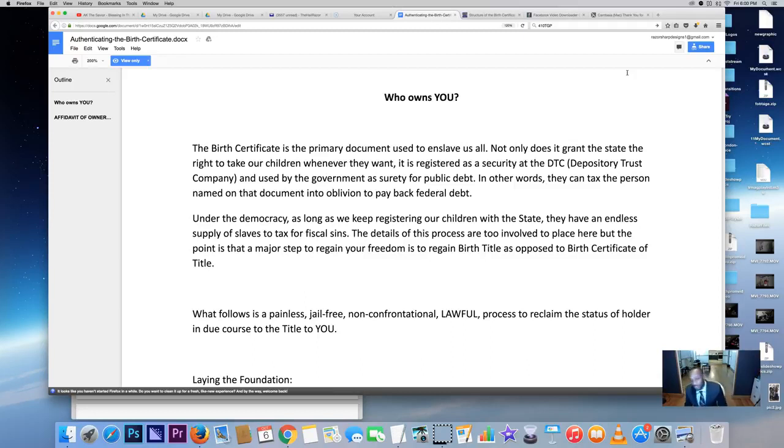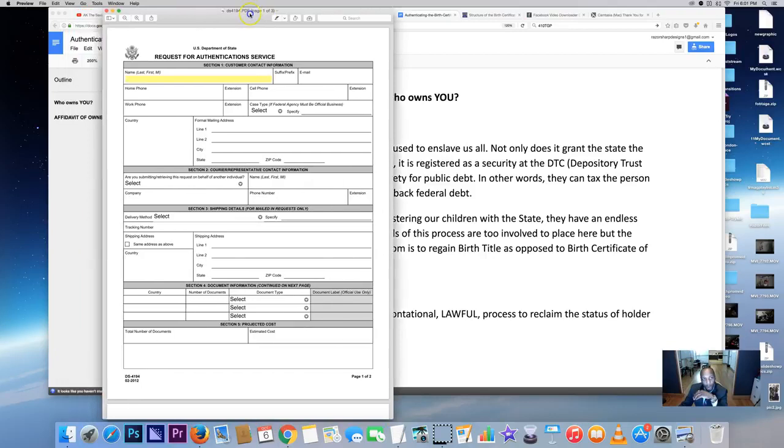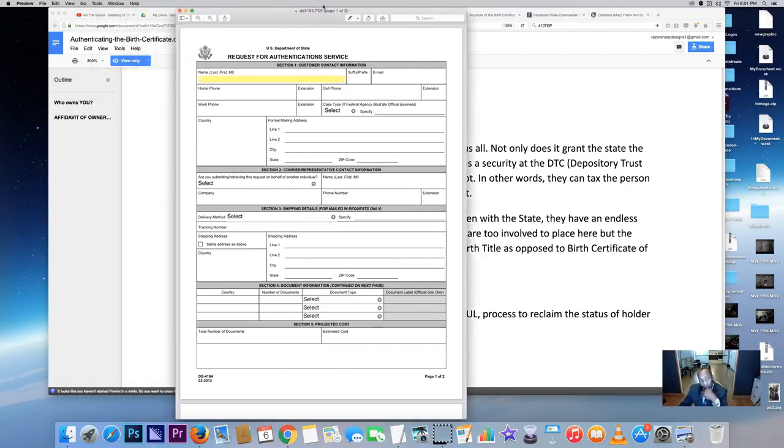Next, you have to authenticate it on the federal level. So you take that same packet, do not ever detach it, or it will be void. Now you're gonna get this form for the Department of State. You're gonna download this form. It's called the DS4194. You're gonna download this form, fill it out as normal, your name, phone number, email if you want,